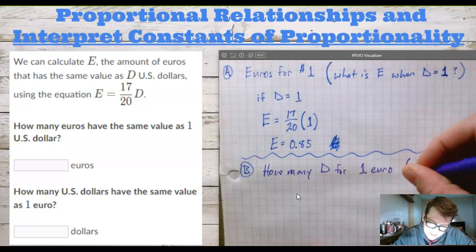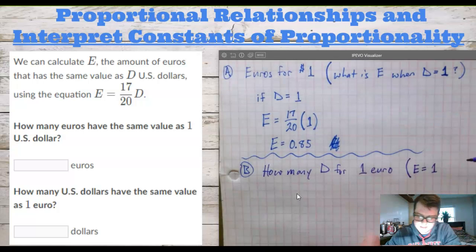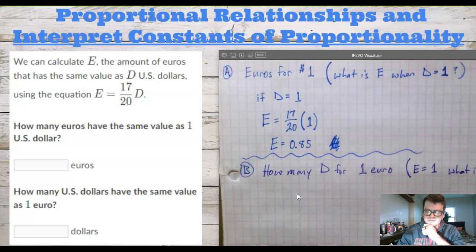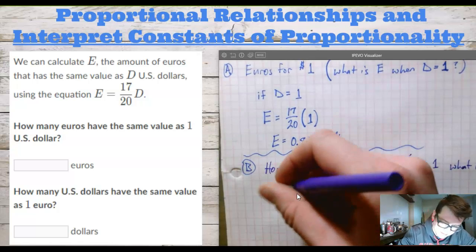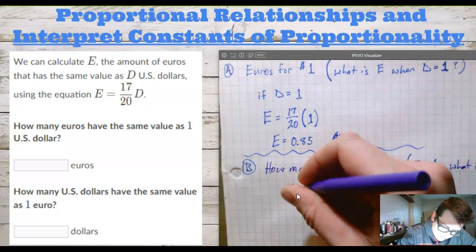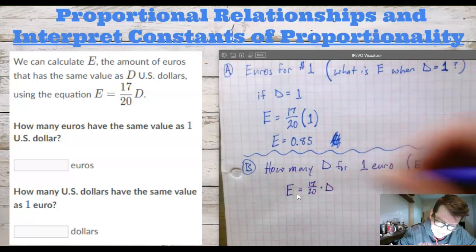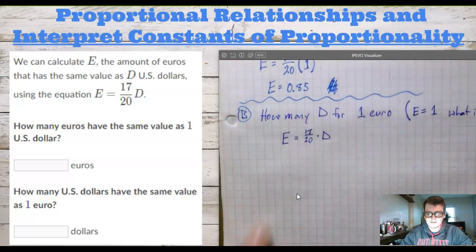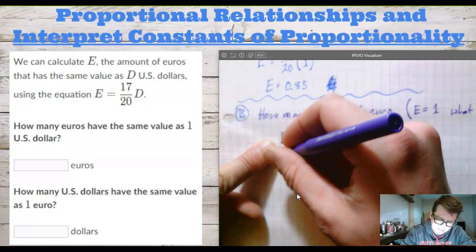So what this means is, if E equals 1, what is D? So we set up our equation. But now, this gets annoying. When we plug in 1 for E,